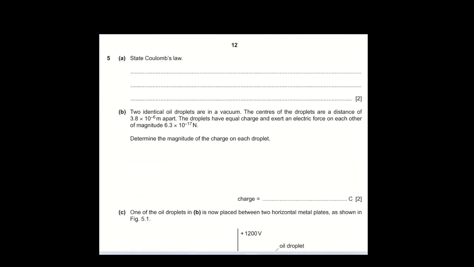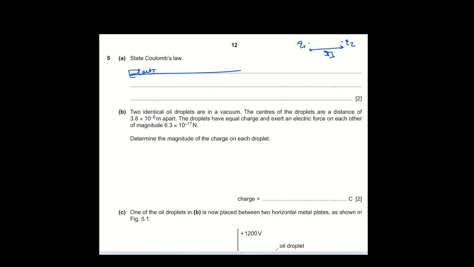Now, fifth question, state Coulomb's law. For Coulomb's law, we know that if there is a charge Q1 and another charge Q2, let's say these two point charges, and the separation between them is R, then depending on the polarity of the charges they may attract or repel each other with a force, and that force is electrostatic force. So Coulomb's law gives a statement for calculating the magnitude of the force, and Coulomb's law states that